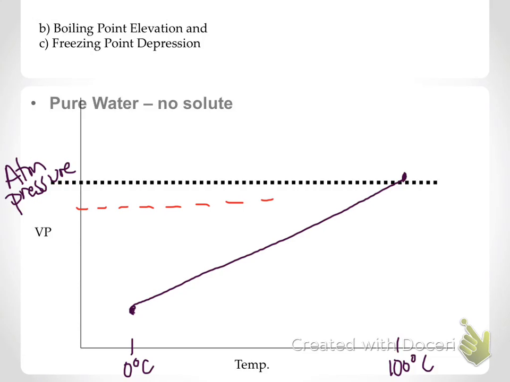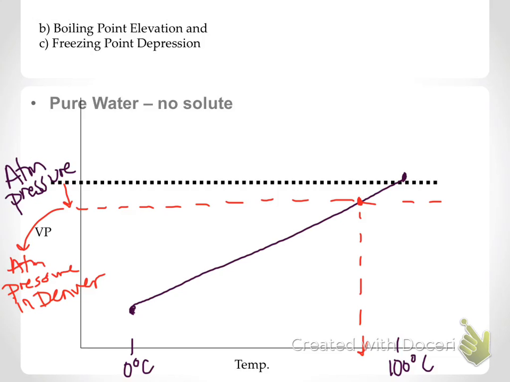So I want you to look at, if we're still talking about pure water without anything in it, and I keep my vapor pressure of water the same, so this would be atmospheric pressure in Denver. So if I'm in Denver, my atmospheric pressure line is going to decrease, and I have lower pressure there. Look at what happens to your boiling point. The boiling point for somewhere at a high elevation like this is going to be significantly lower than it is